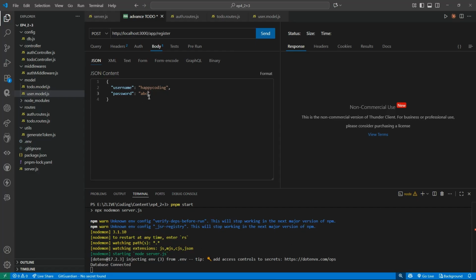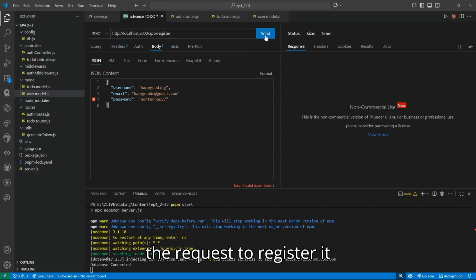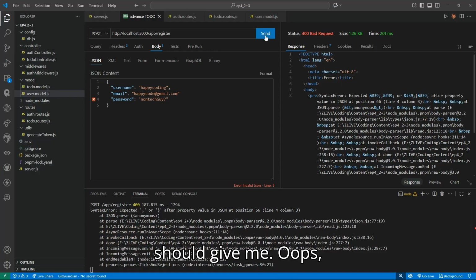The password be don't take guys 7, and the email address be gmail.com. So if I send a request to register, it should give me